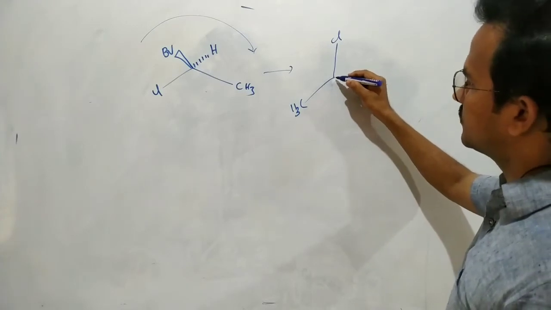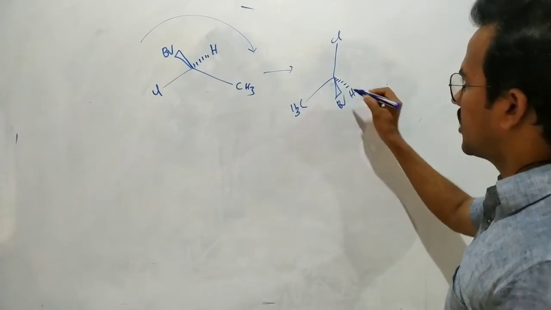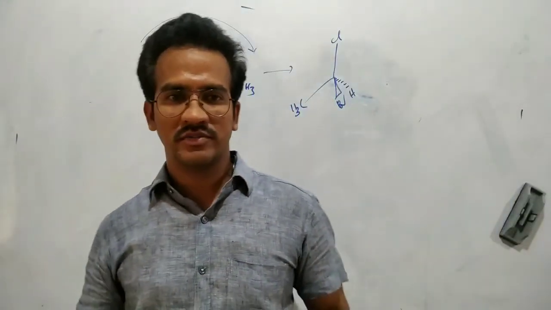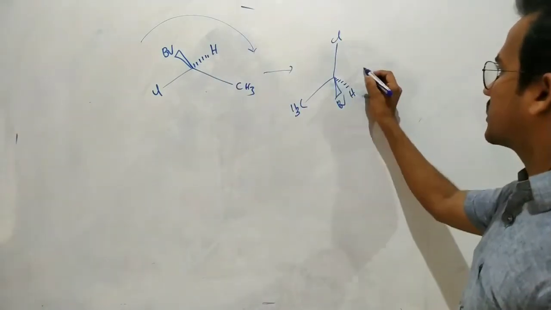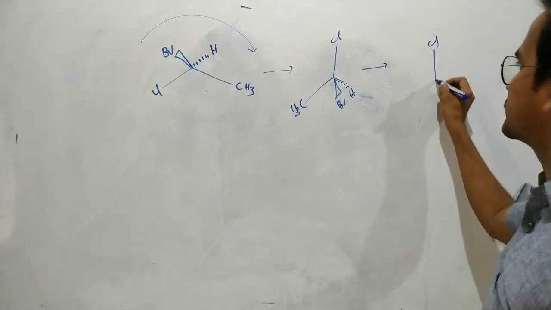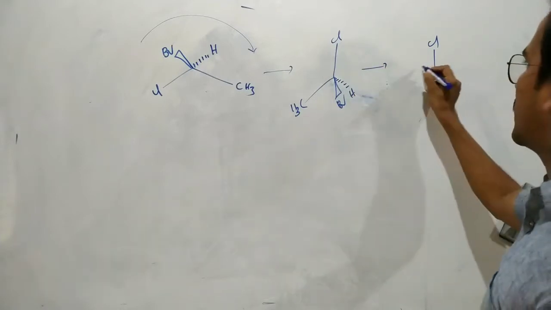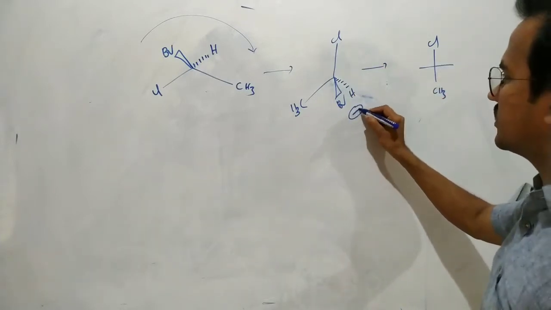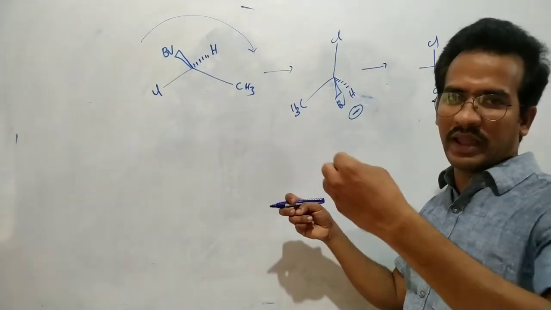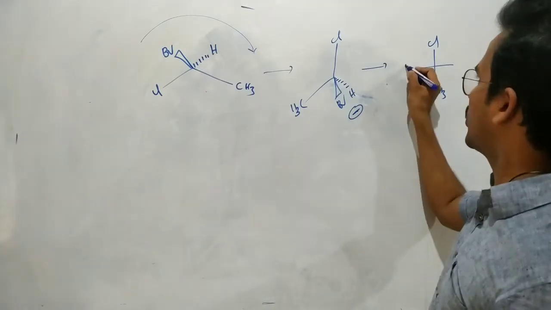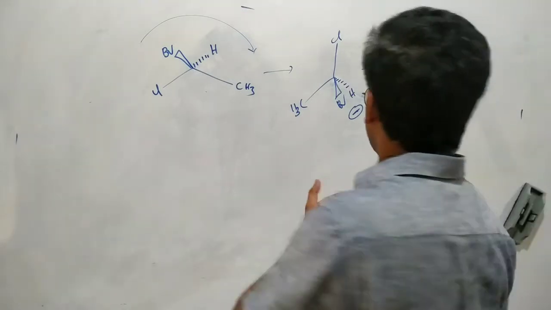Now here, this hydrogen is below the plane and this bromine above the plane. Just flipping the molecule. Now here we can convert this one. Cl, the groups on the plane must be written on the vertical line, chlorine and methyl. Now you are seeing this molecule from the right side. When you observe this molecule from the right side, the group above the plane is present in the left hand. So the bromine must be written on the left side, and hydrogen on the right side.